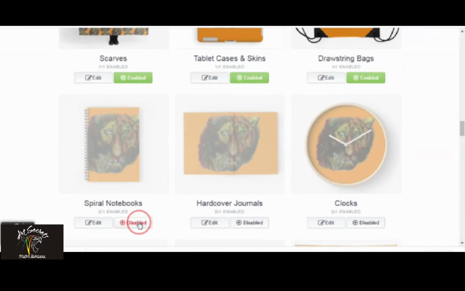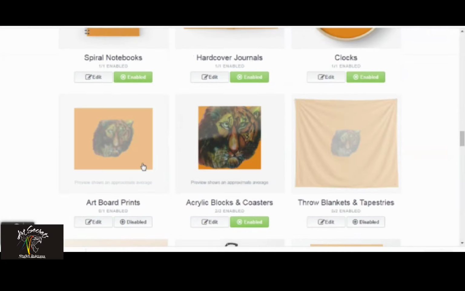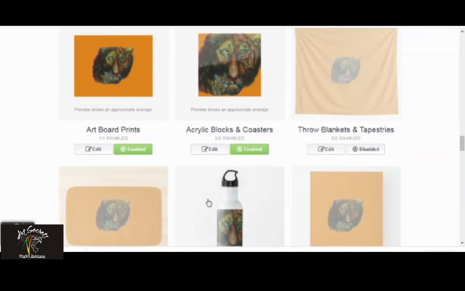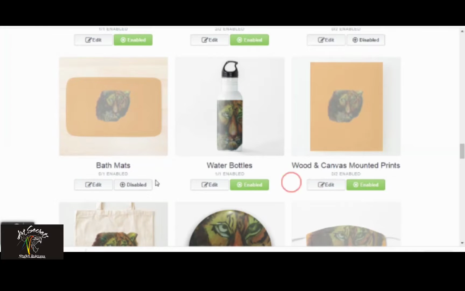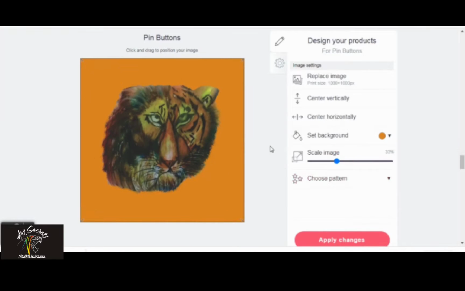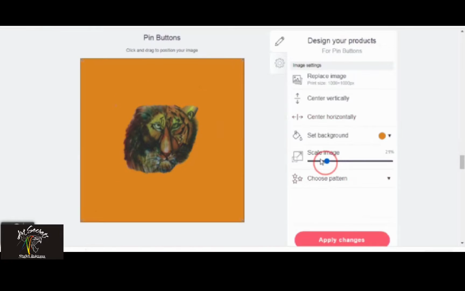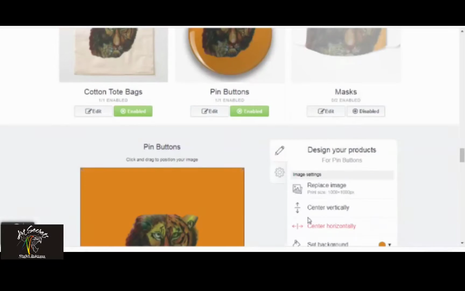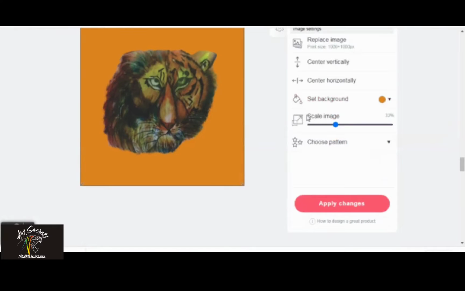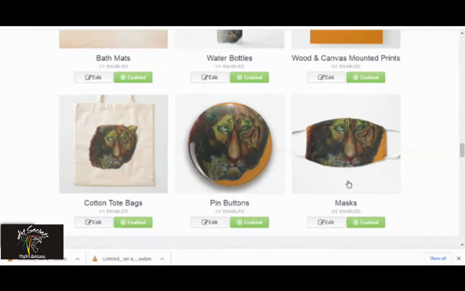If you want your artwork to be seen only one time on your accessories, you can show it once, and if you want it in a repeat way, you can select the repeat way also. So it's a very nice, very exciting job over here, and it's a really creative part. At the first time it's a little messy, but when you keep doing it, you will be completely comfortable and you will know it in and out. So the more you practice, the better you will get.